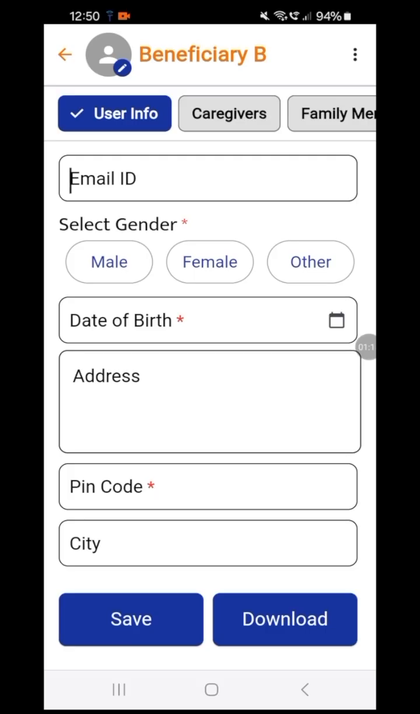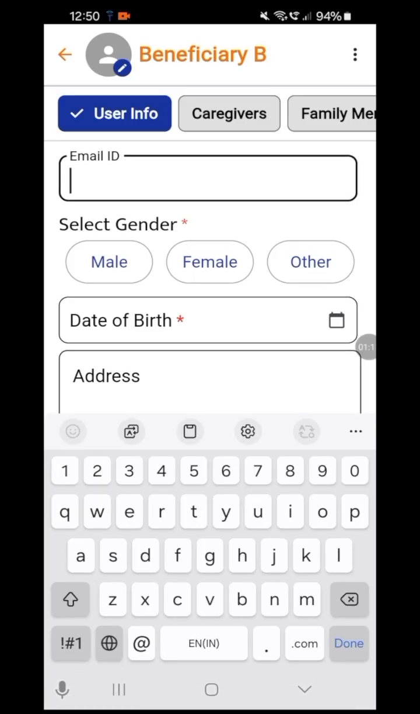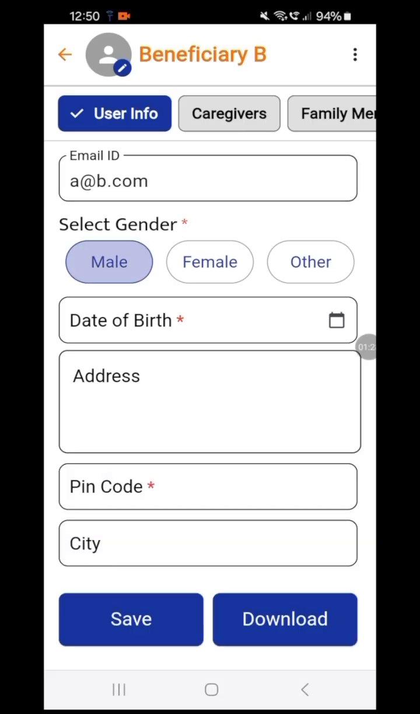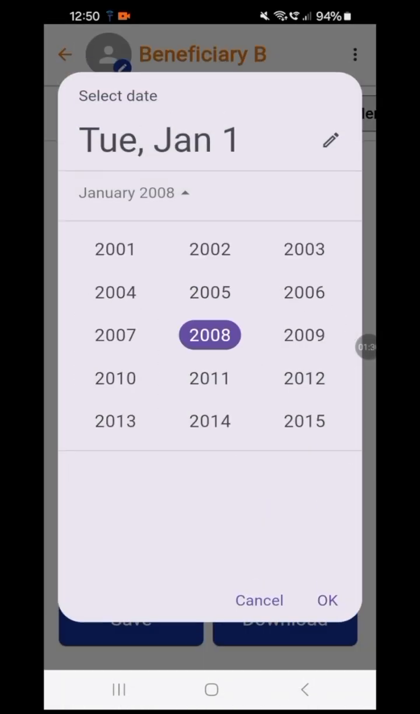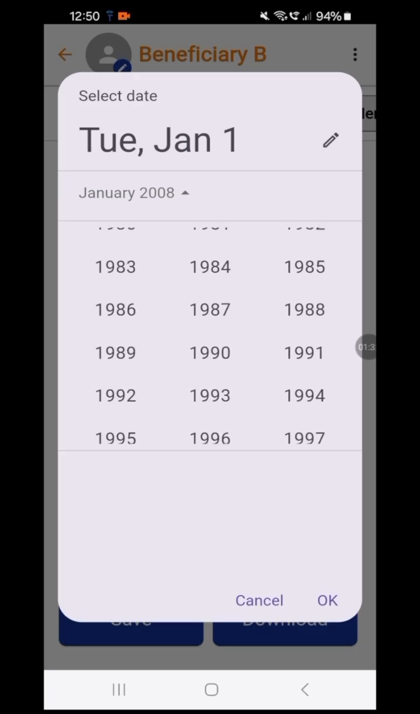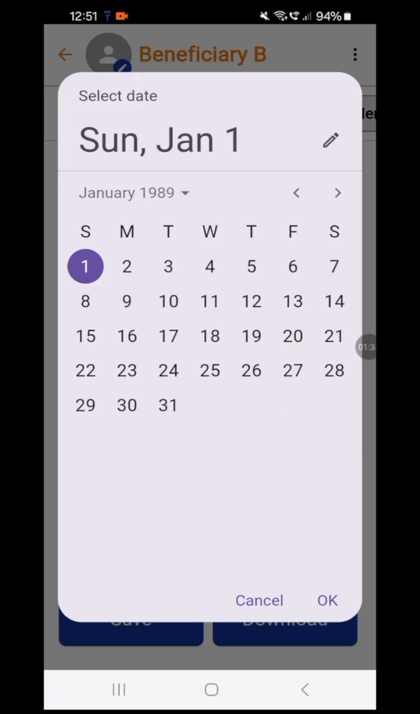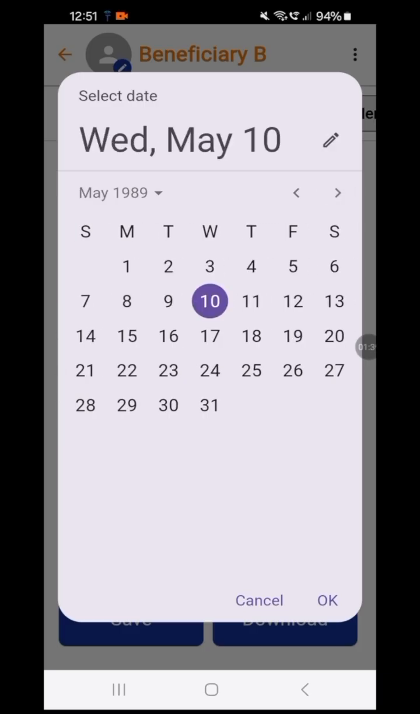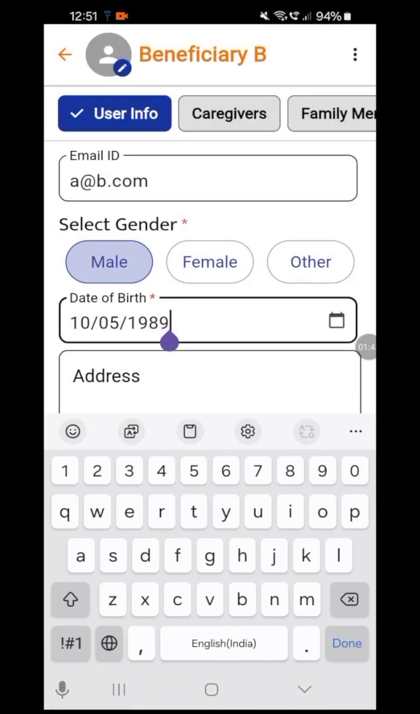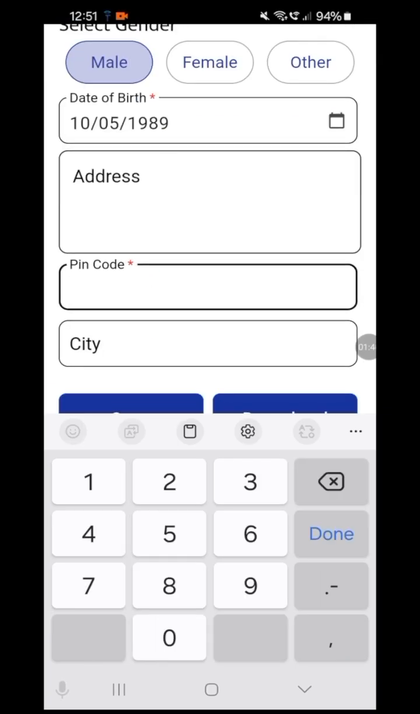I first give my email ID, then I select my gender. I'm just using some random things just to demonstrate, and then my date of birth. We want the address as well, but at minimum we need a pin code. This is just to make sure that we have basic information of all the users. So here I am giving the pin code and my city, Pune. Once I save that,